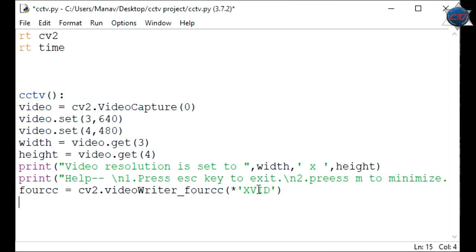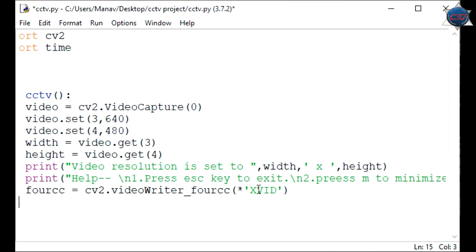Now I'm just going to get the current date and time of the video recording. So I'll make the instance, naming it date_time, and that will be time.strftime. You can add any format of time using the time module here.